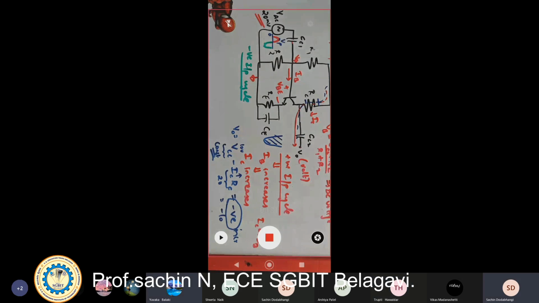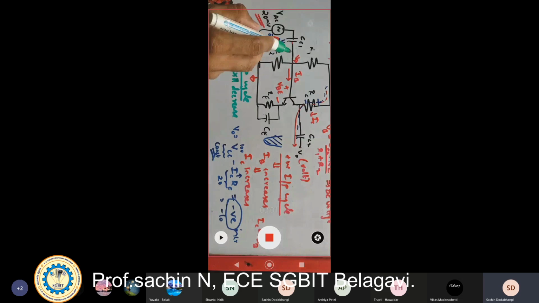Then tell me, for a negative input cycle, meaning it is decreasing, what happens to IB? IB will decrease because you are applying a negative cycle.